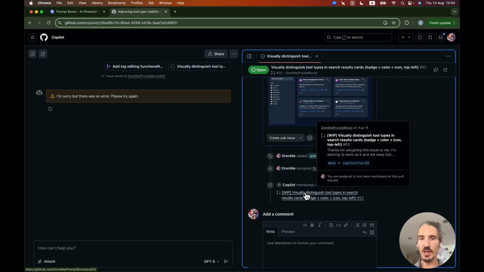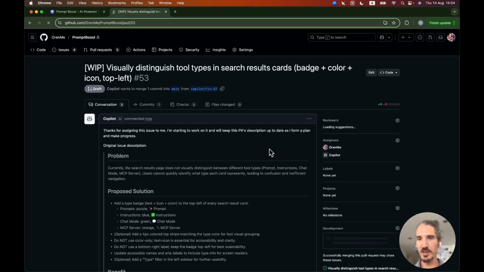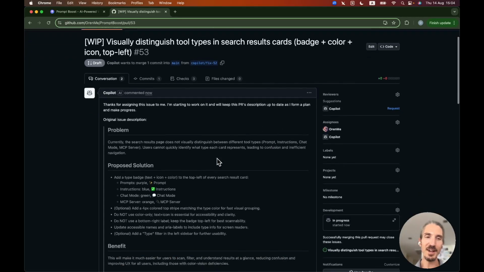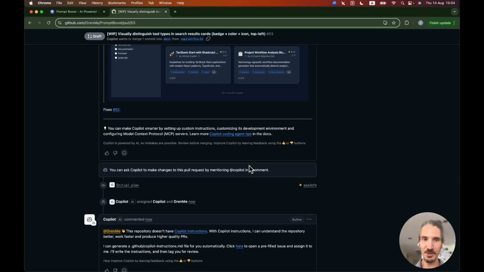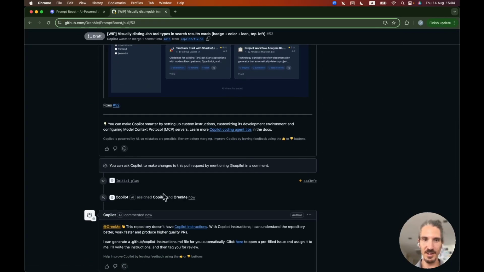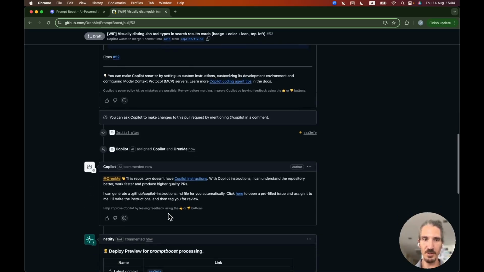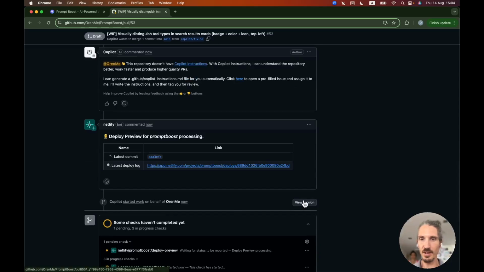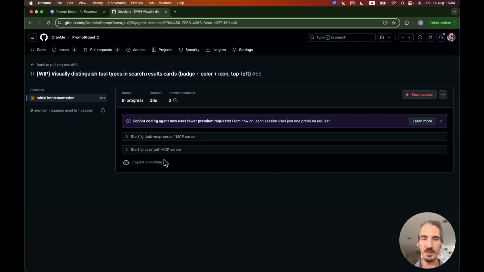It opened the PR also for this, so we can now go to the PR. And this is the place where productivity drops for me, because I really like to look at the agent session while it's running. So you can see that there's some initial plan going on now, and we will be able to see the session. And this is usually where I get stuck,